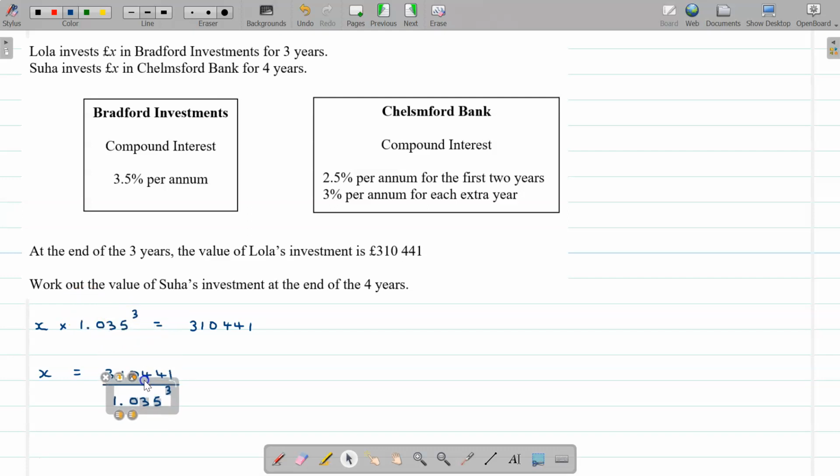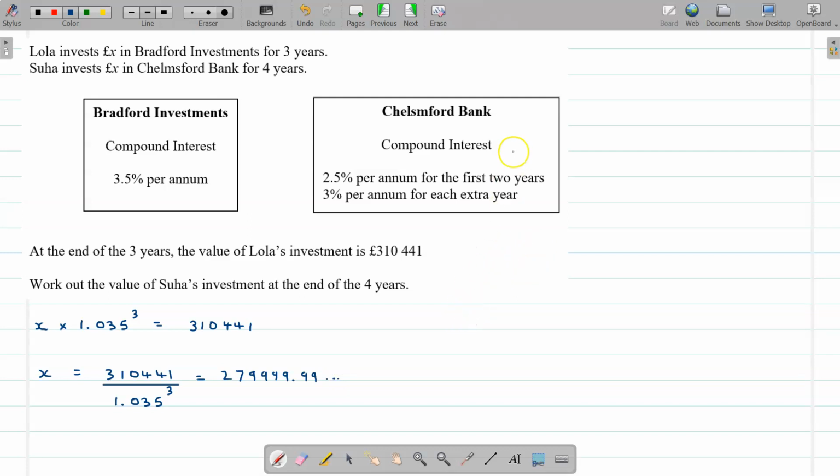And if you put that on the calculator, that will give you, in fact, very close to 280,000. In fact, it goes 279,999.99. So to the nearest pound, it's certainly